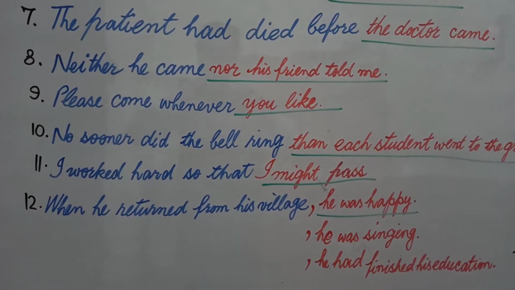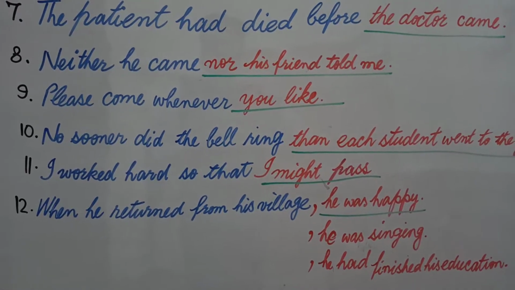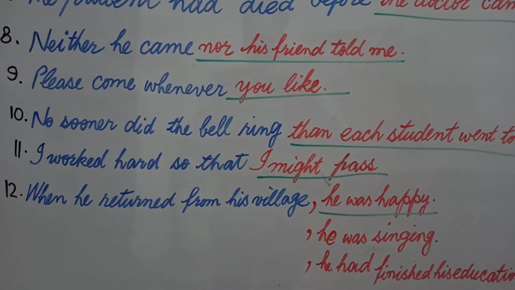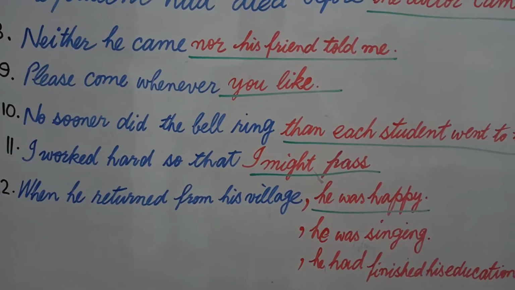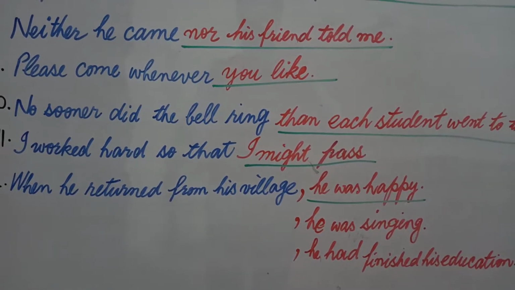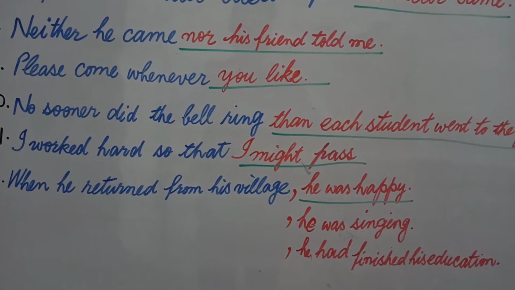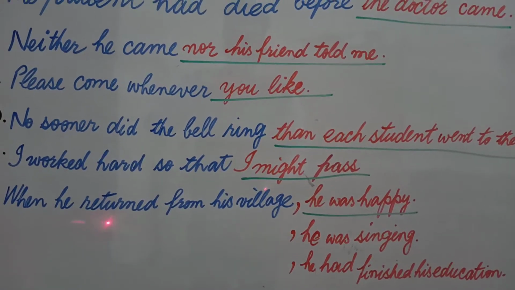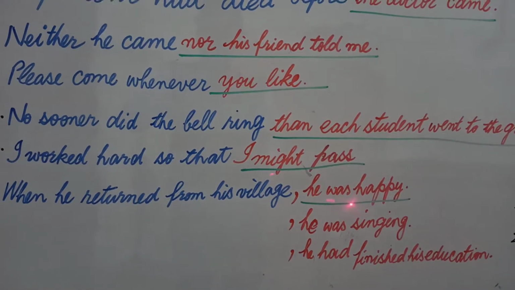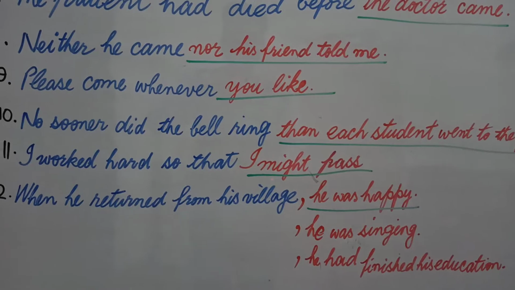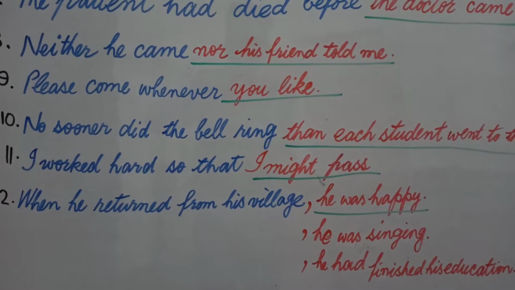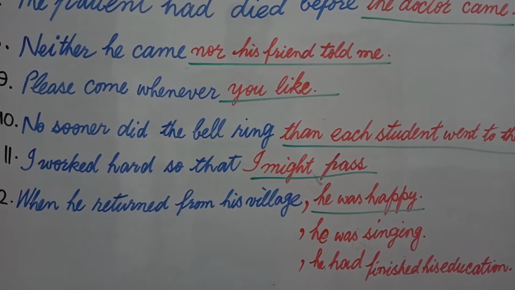I told you, in case of when, if you are given a clause connected with when, means in the part of a sentence where when is connected, if when is connected with past perfect tense, then you must write in the blank in past indefinite. But if you are given past indefinite, then students, the good thing for you is that you can use any of these three options. If you are given when with past indefinite, you can write linking verb. Linking verb means was verb without any main verb.